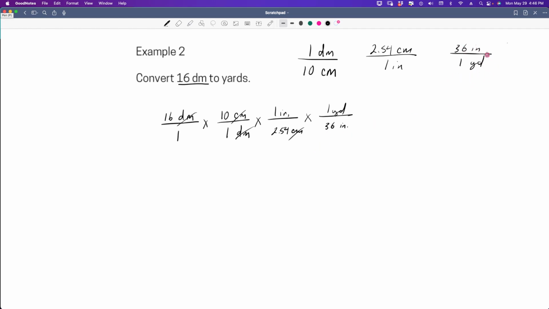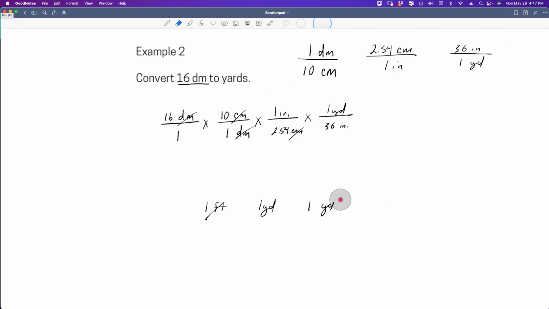You can do that with your units of reference if you put them together. For instance, if I had written 12 inches is 1 foot and 3 feet is 1 yard, I would have canceled my feet. 12 times 3 would have been 36 over 1 yard. So 36 inches would be equal to 1 yard, which is what I have here. So you can combine units of reference that have the same unit of measure into one if it helps you